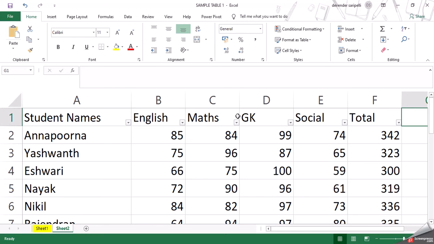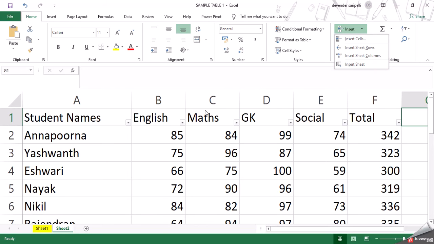Now I also want to add another subject, science. There are four subjects: English, Maths, GK and Social. If you want a new column inserted between them, you can use the insert sheet columns function.